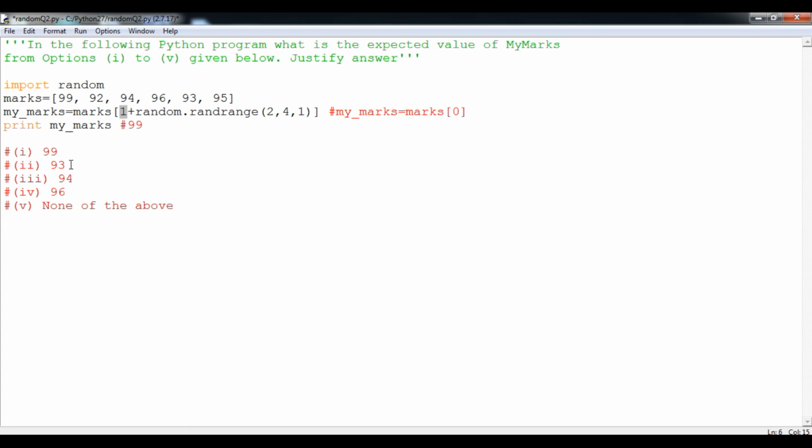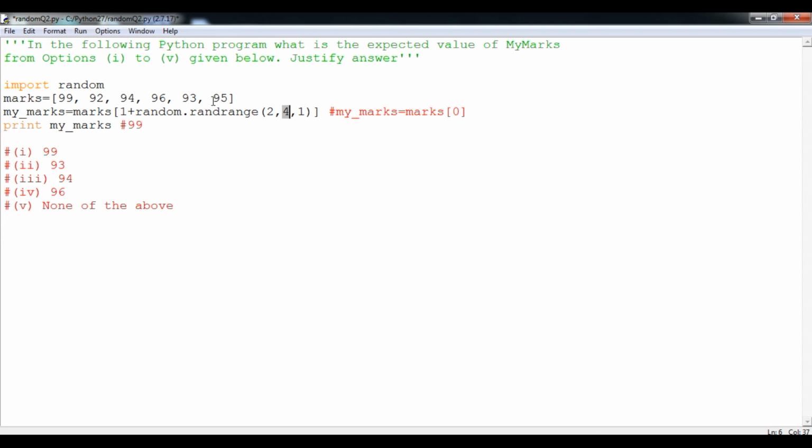So option number 2 is true. Next, the maximum value is 4. So 4 plus 1 will definitely be 5. So let us understand the output: 0, 1, 2, 3, 4 and 5.